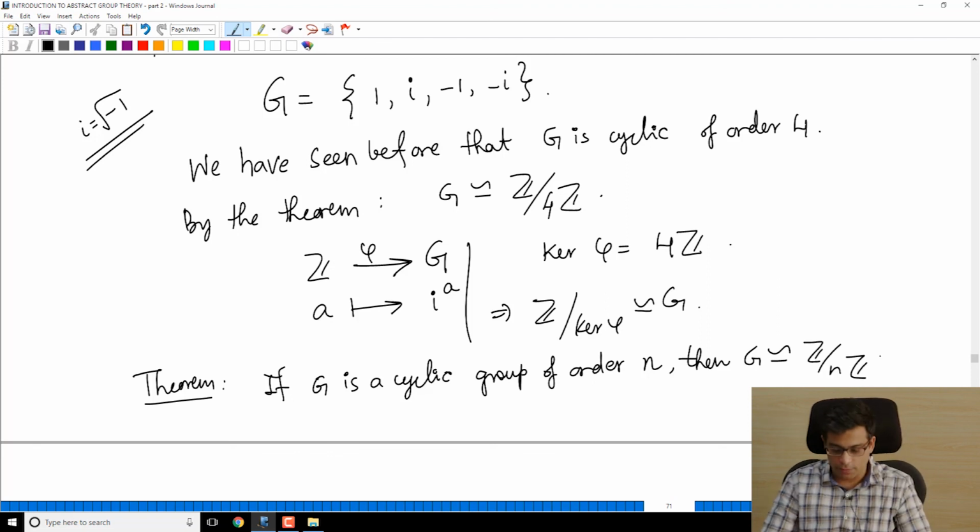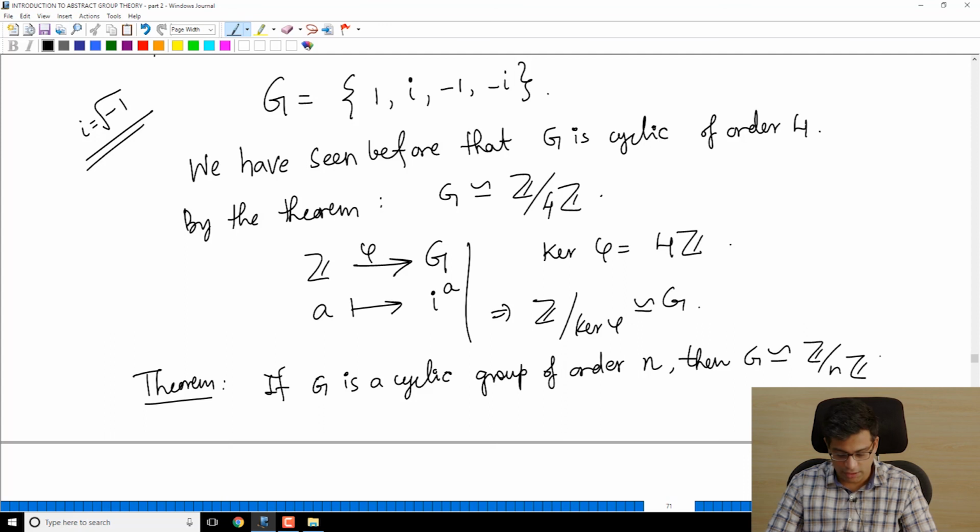Let me stop the video here. We have seen a very important theorem called the first isomorphism theorem, and if you go back and see the statement and its proof, it's not difficult at all. However, it is always used; it is an important property of group isomorphisms that comes up a lot. We have seen one example of it where we conclude that any cyclic group of order n is isomorphic to Z mod nZ.